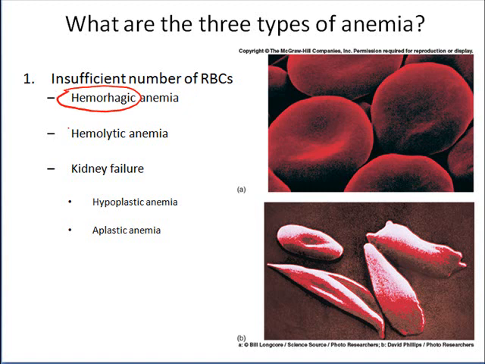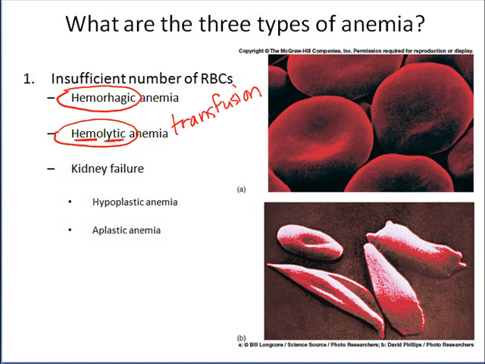Maybe it's because I have some sort of condition occurring that's actually destroying red blood cells that are present in my blood. That's called hemolytic anemia. Lytic means to split apart. Hemo refers to red blood cells, so we're literally splitting apart the red blood cells and losing them. Sometimes this happens from parasitic infections or bacterial infections. Sometimes it happens if people get blood transfusion and it's the wrong type of blood that can start destroying their